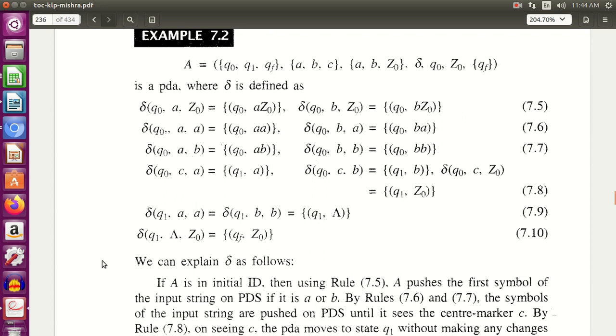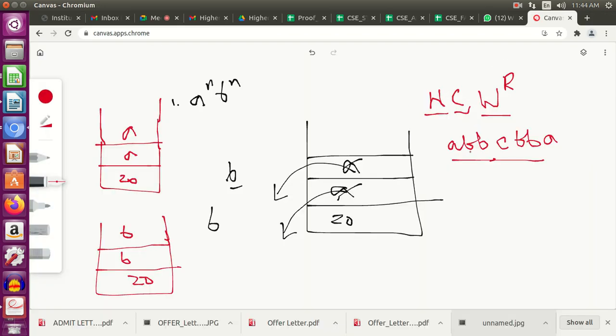Now coming to the next portion of the string, I am already in state q1. What is the top of the stack? My top of stack can be a, my top of stack can be b. If my top of stack is a and I am again getting an a, I will pop the a. If my top of stack is b and I am getting a b, I will pop the b. Why? Here, as in a palindrome, what am I supposed to match? I will match this b with this b, this b with this b, and this a with this a. So for every b, if I get a b, I will pop the b.